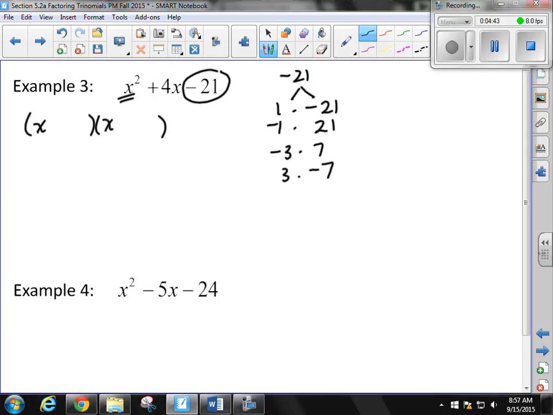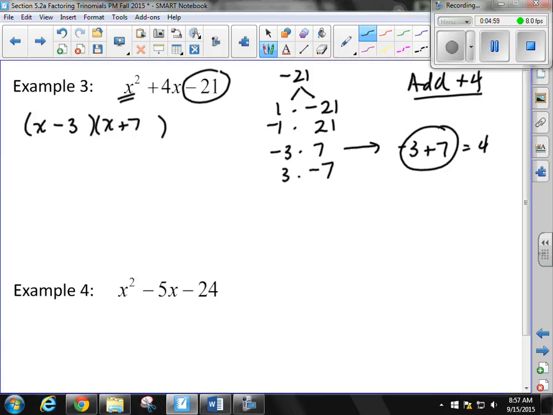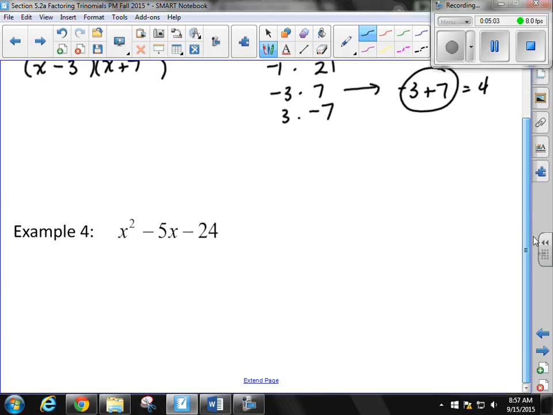And when I look to see which is going to add up to give me a positive 4, negative 3 plus 7 is 4. So that's the combination I'm going to put in parentheses, x minus 3, x plus 7. And the last problem I'm going to do for you today, x squared factors as x times x,